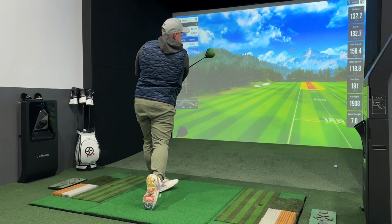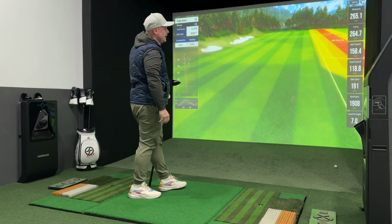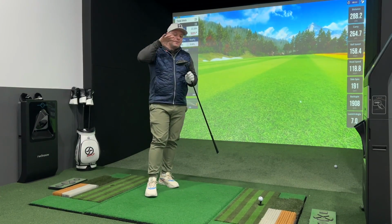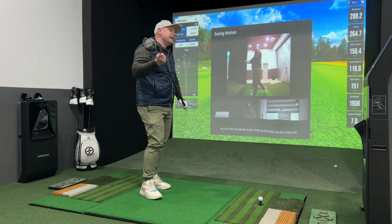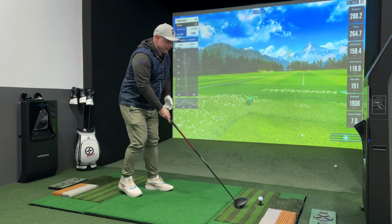Straight away, you can see that's certainly not a massively high ball flight. That's actually a really nice ball flight. That's pitching up at 265, running out to 280. And I've got a 1900 spin on this G430 Max 10K. It's just a bit of a mouthful, isn't it? The 10K is like an addition that maybe you don't need, but